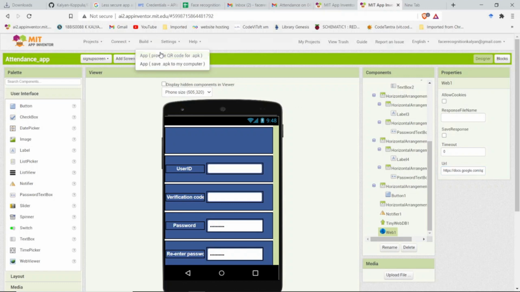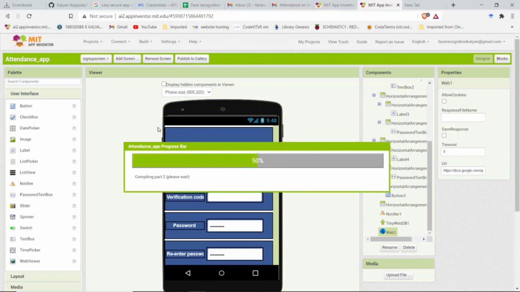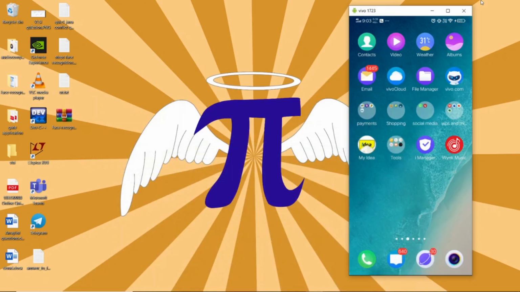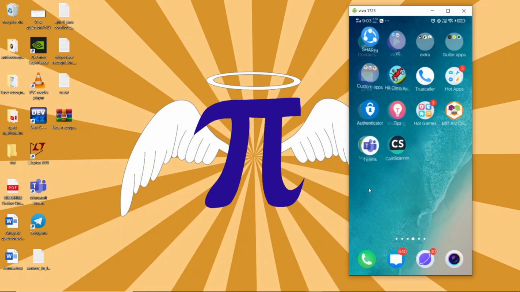Now we'll build the app. So we'll provide a QR code for the app. Meanwhile, in your phone, download the MIT AI2 Companion app.